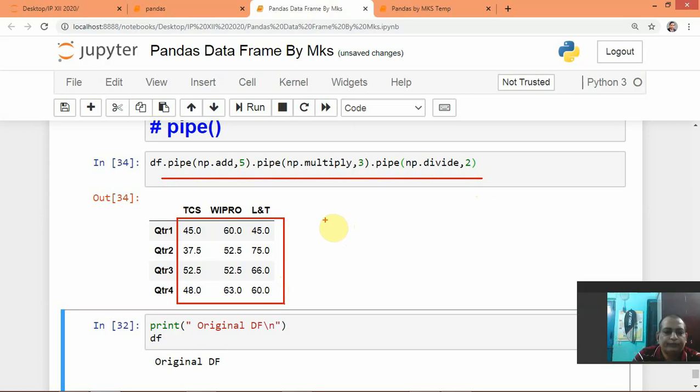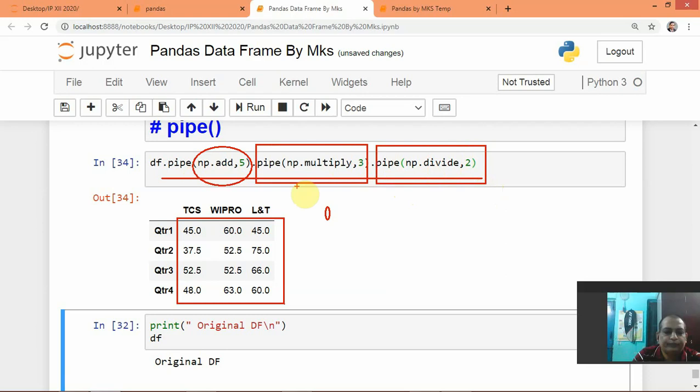First it gave this one, then it goes to this function, then it gives input to this function, then finally it goes to the last divide function.